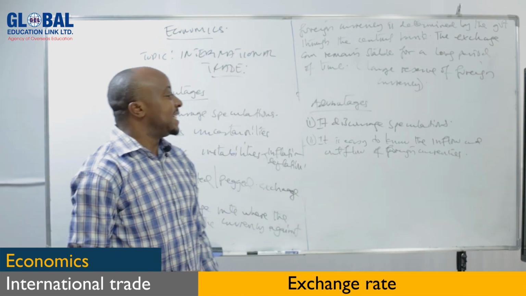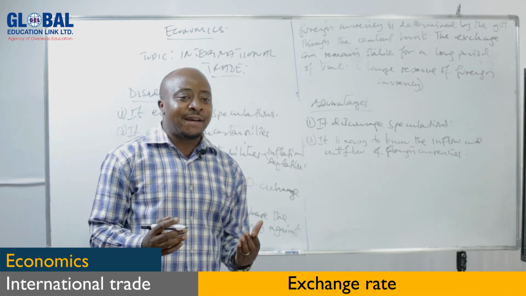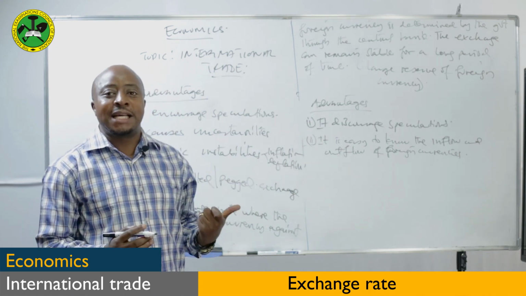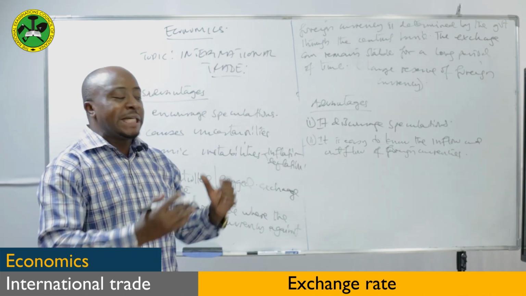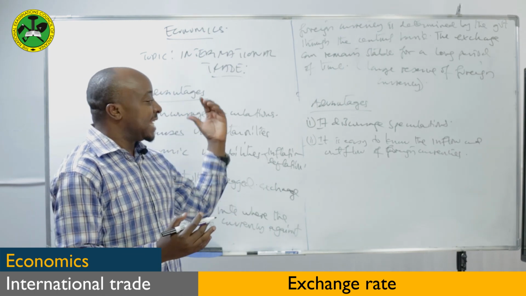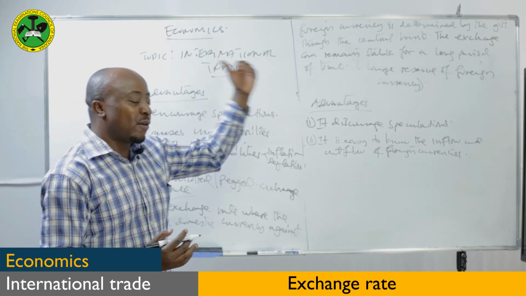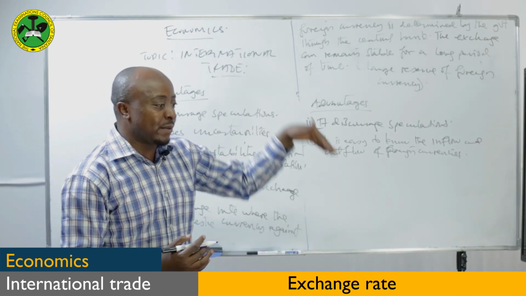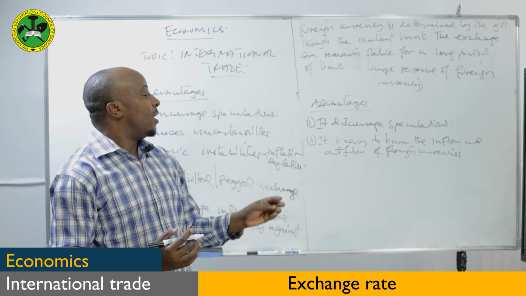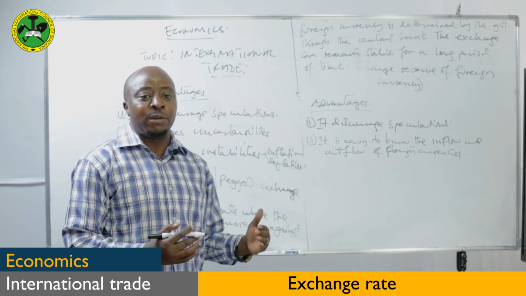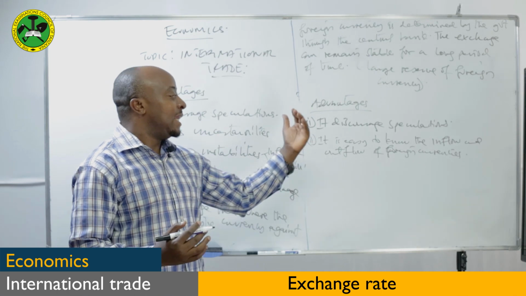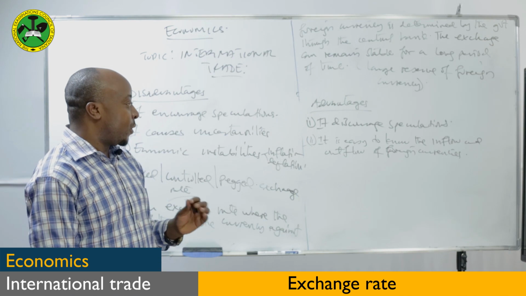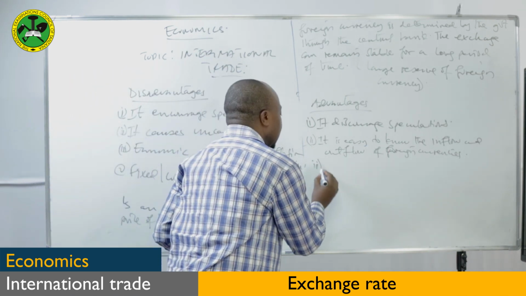It means with the fixed exchange rate system, it is very easy for the government to know or to identify the inflow and the outflow of foreign currency because it is controlling everything in the exchange rate system. Inflow means the movement of foreign currency into the economy, and outflow means the movement of foreign currency out of the economy. So the government can easily know the rate at which foreign currency is moving in and moving out of the economy. Another one,